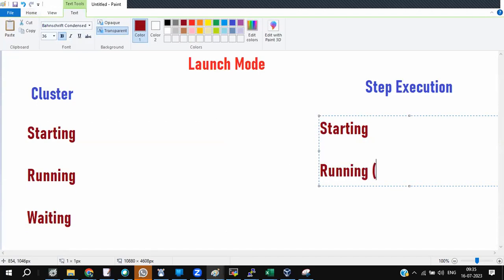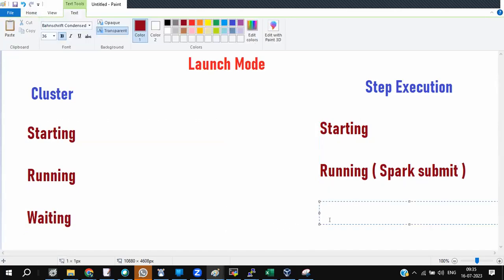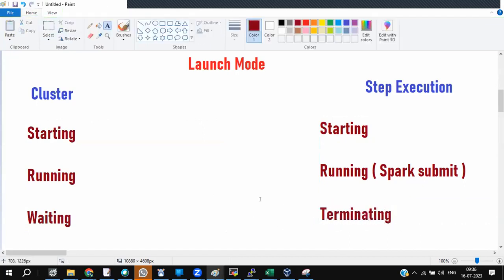You know what will happen in the running state? Spark submit will happen in running. Starting, running. What would be the last one? Terminating. Exactly. You need not terminate it. It will go to the starting state, running state, and automatically to the terminating state.